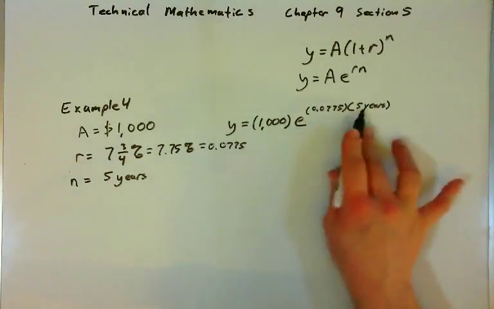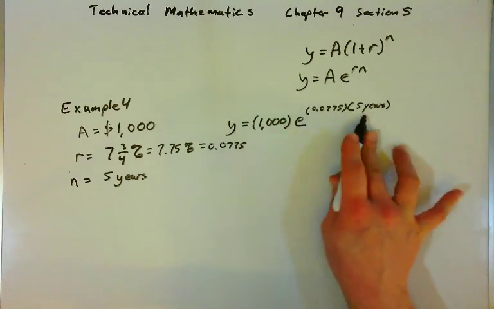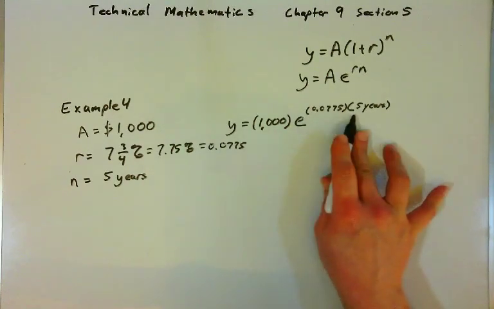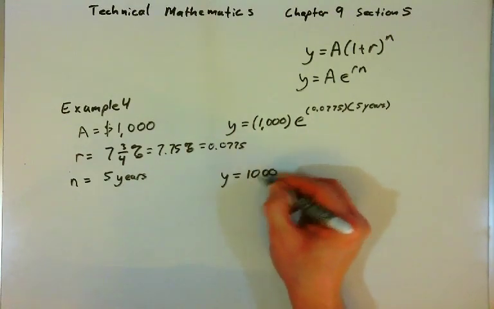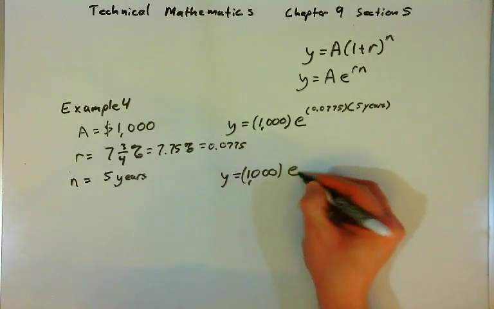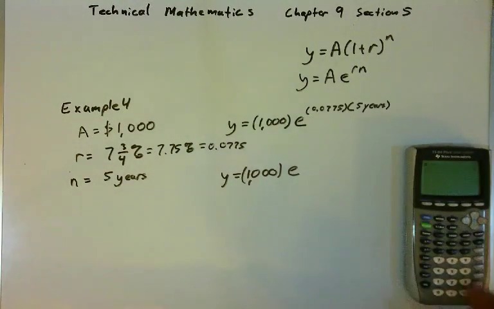Okay. And so you should work out the exponent first, right? Multiply these two numbers, figure out what the exponent is, and then raise e to that power, and then multiply by 1,000. So y will be equal to 1,000 times e to the, and I'll work out the exponent. We have 0.0775 times 5,